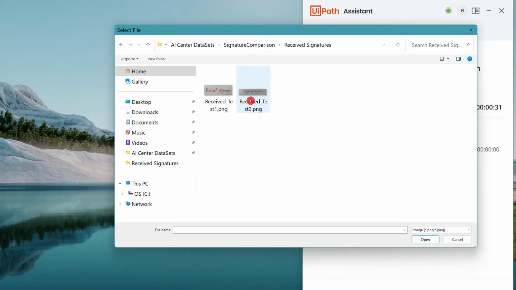So there are two signatures. This one is a fake signature, the test 2, and this is the original signature which I have signed. It's not exactly the signature. I have simply written my first name and middle name, that's all. So here I'm going to select the test 1 which is actually signed by me. Now if I click on open,